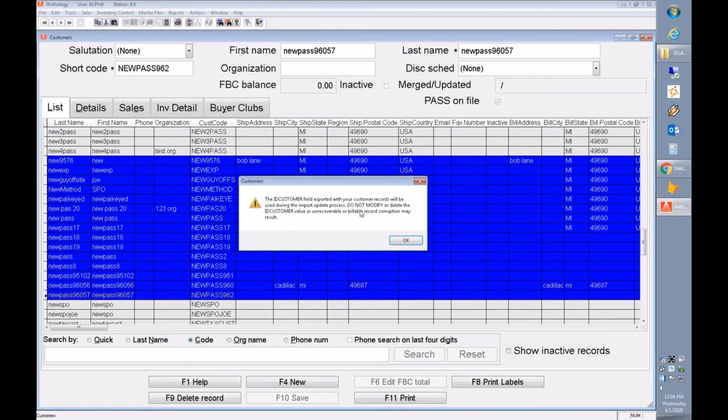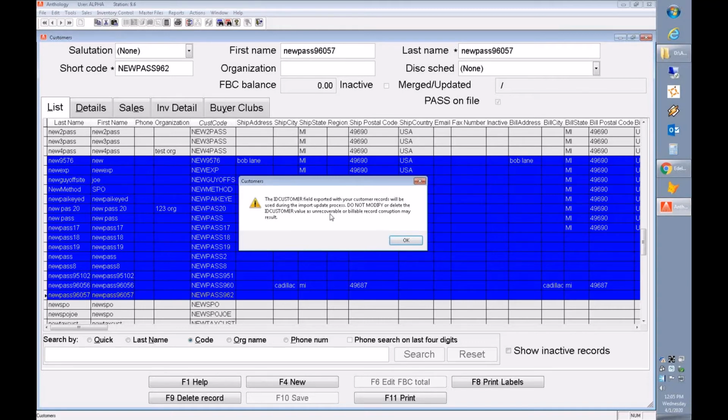If you're going to use this export customer tool to clean up address information, fix contact information like emails, such and such, the file we export is going to include that very critical ID customer value. It's important to not change that value at all. Remember, if you're in Excel or OpenOffice or Google Docs, whichever you prefer to use, when you sort a group of records, if you've not selected all the fields, you could sort by, say, first name, but leave the ID customer unsorted. So you would get those records out of sync. So just make sure that you're very careful about not changing that ID customer and not losing that value for the return trip